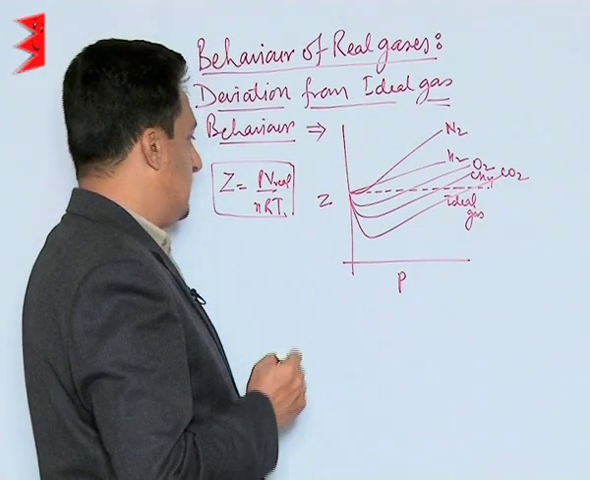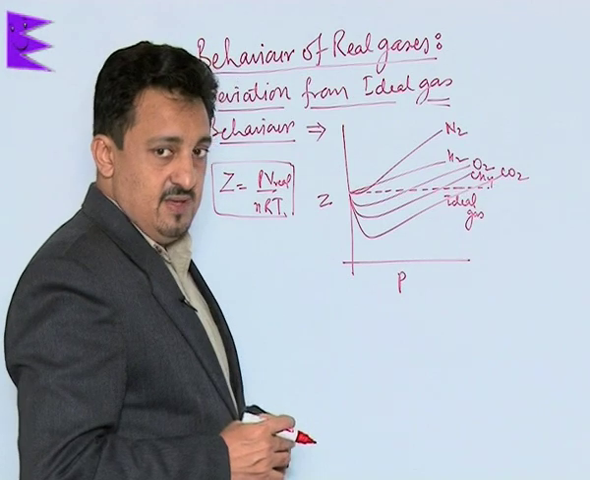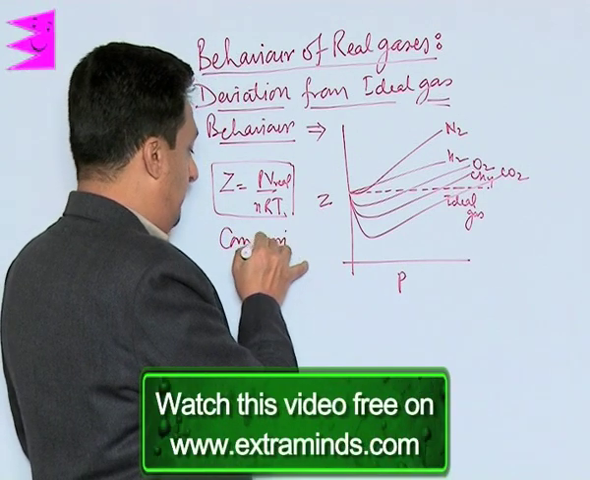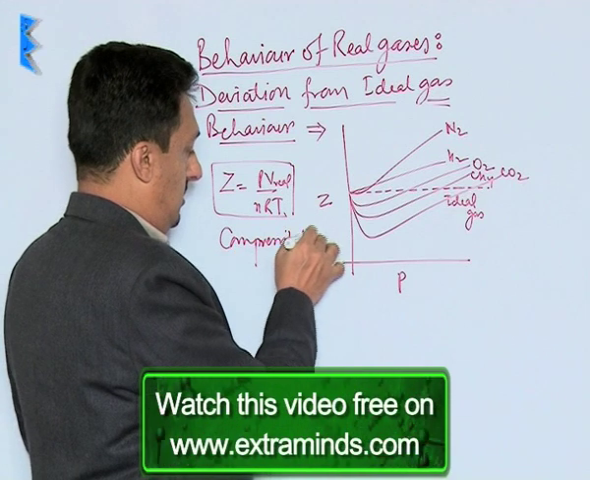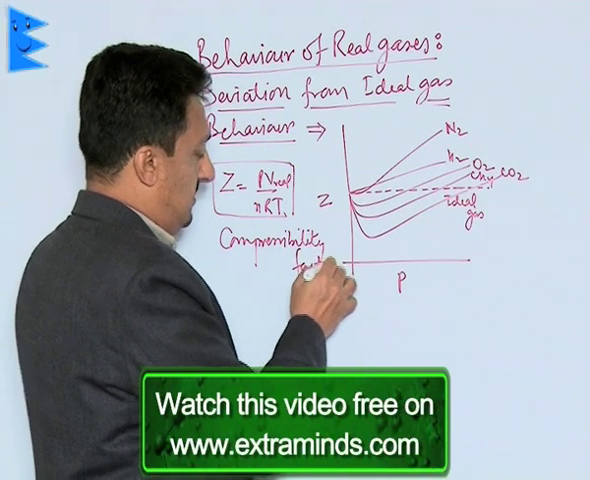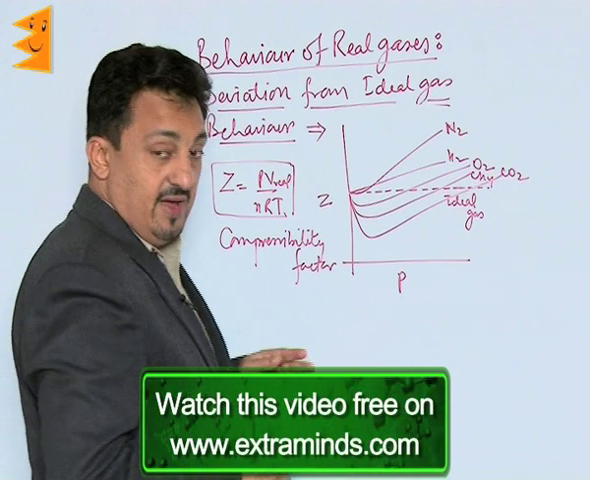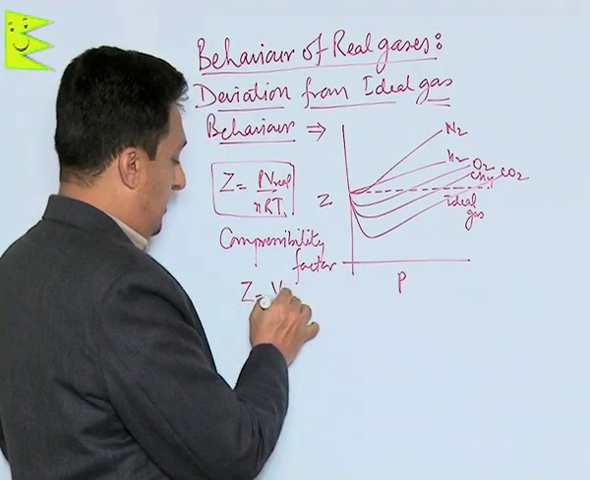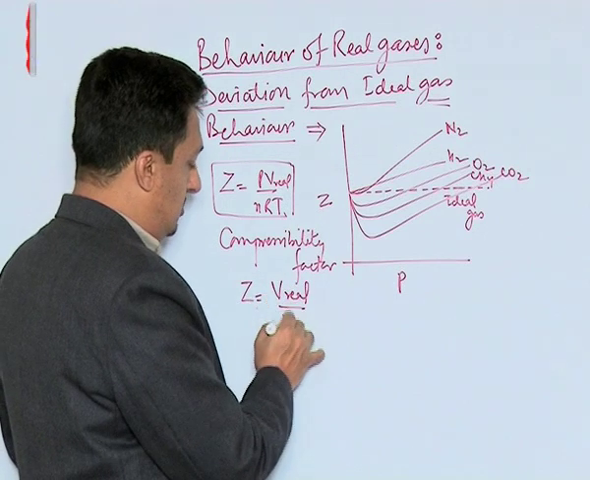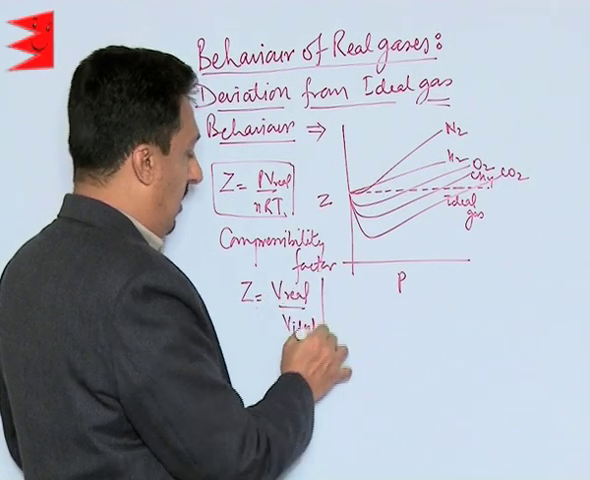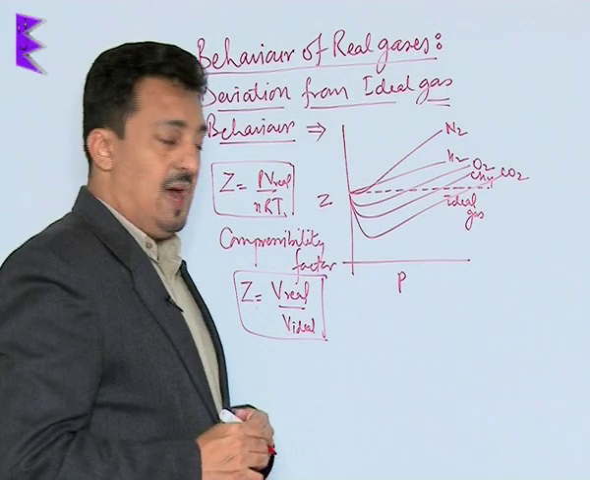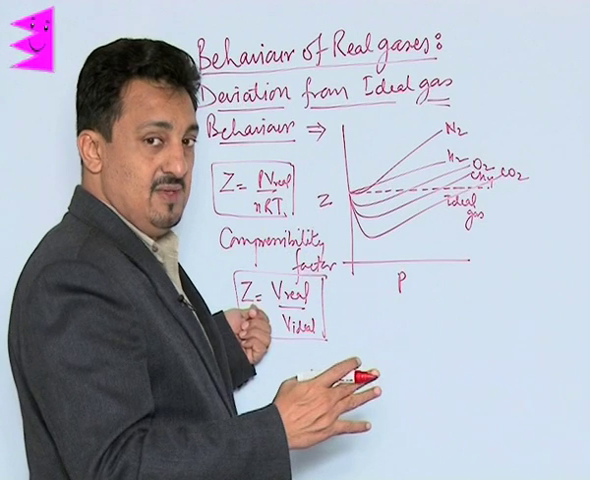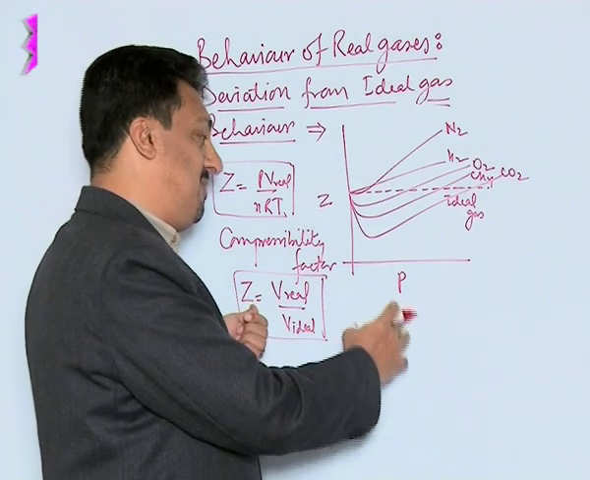Now, how do we define this Z, which is called the compressibility factor? Remember, what we can write here is simply the ratio of the real to ideal volume. Now what happens is, when the value of this compressibility factor Z was plotted versus P for different gases,